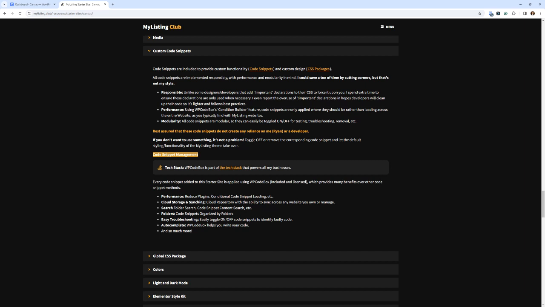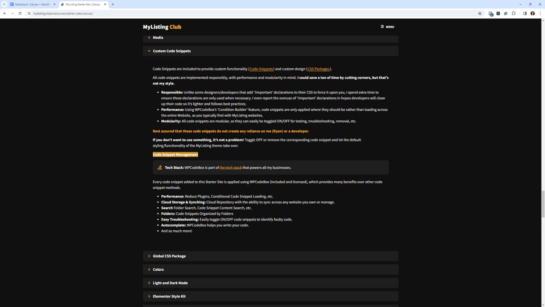So if you've ever dove into CSS at all, or you've needed to apply CSS to your site and you find out, hey, I've tried everything and the CSS isn't taking hold, what you'll find in a lot of those cases is that the developers put an important declaration on there. So the only way that you can override that is to put an important declaration of your own onto your own CSS. And sometimes even that doesn't work and you have to take extra steps. That's why it's so important that developers, and I'm not even a developer, and I know this, should know better